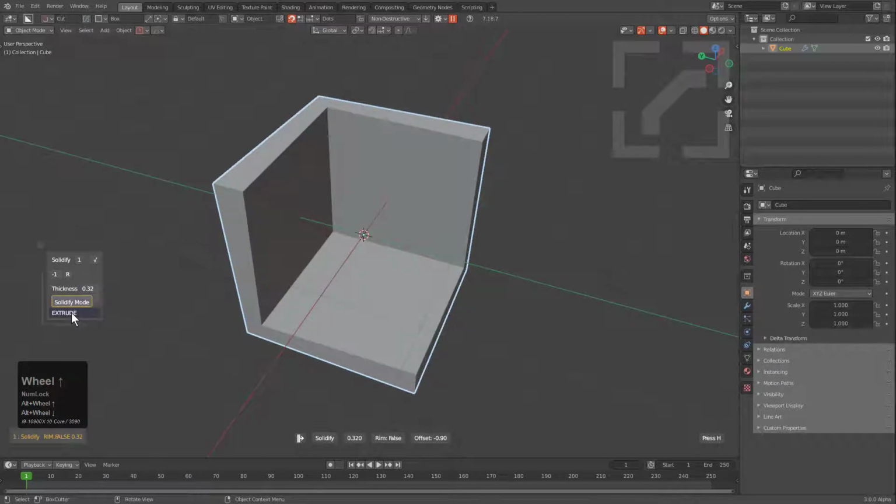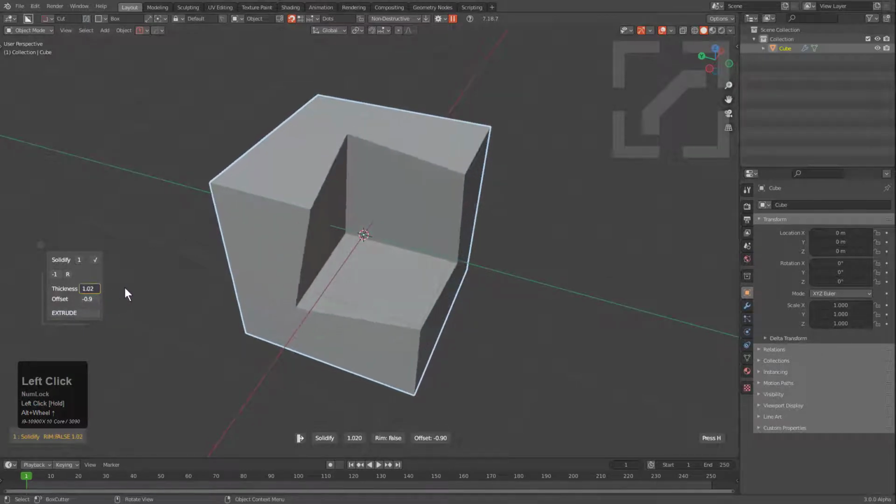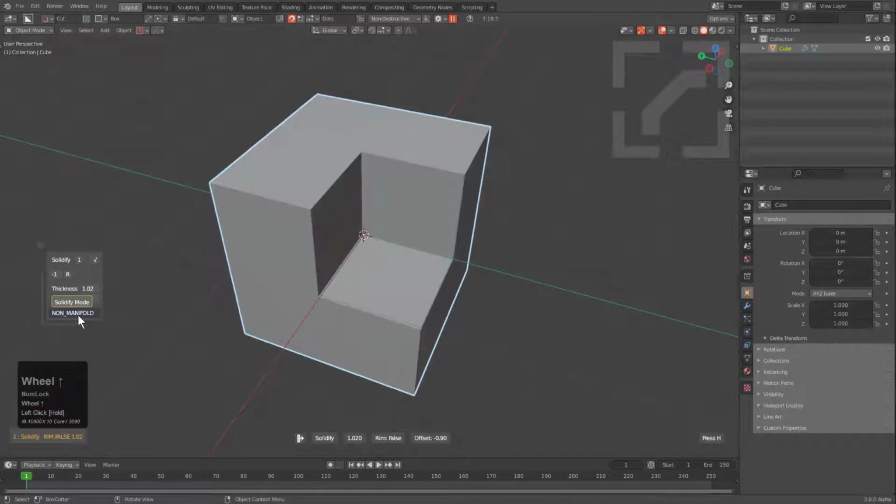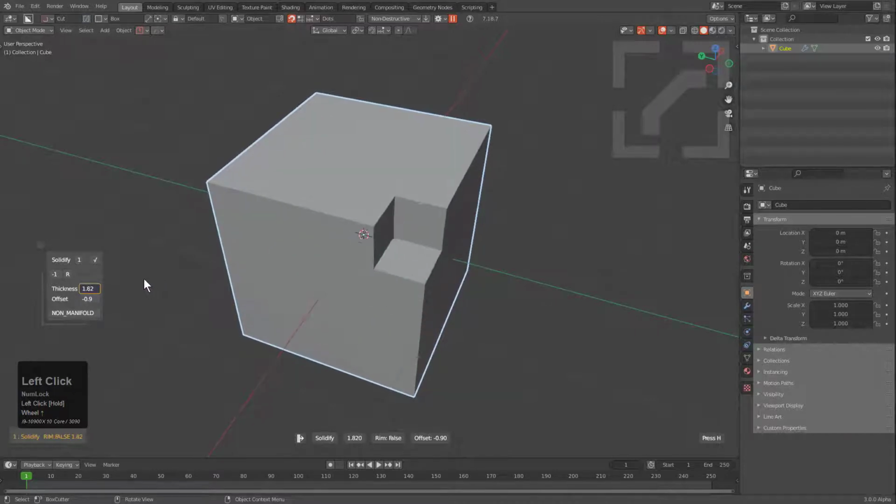But one of my favorite options to talk about is if we notice how the rim is just getting out of control, we can roll over the Solidify mode and jump between extrude and non-manifold, which is one of my favorite aspects about this new UI. So now we can actually give it any amount of thickness and the result will be at least more adequate than this. So just letting you know that Solidify now has the .UI